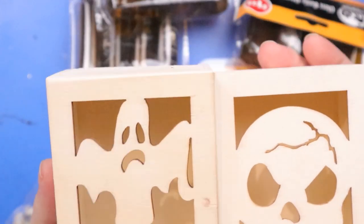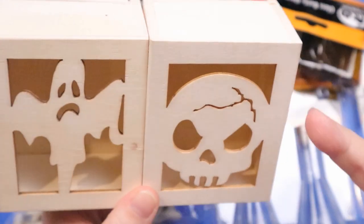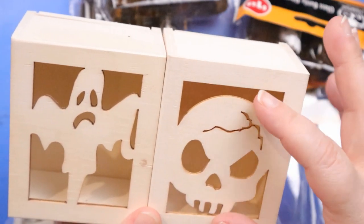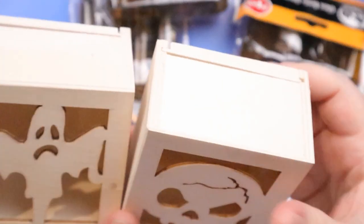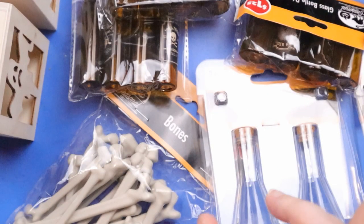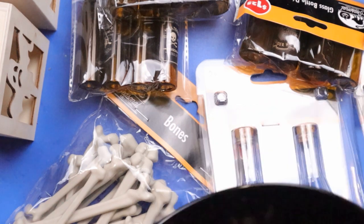They're little wooden boxes. But I'm planning to put resin into these little pieces, the empty pieces, and obviously paint them, and then you can slide this open and put a fake candle in there, like a battery operated candle. So I got 2 of those, and in the same vein, I got 2 of these